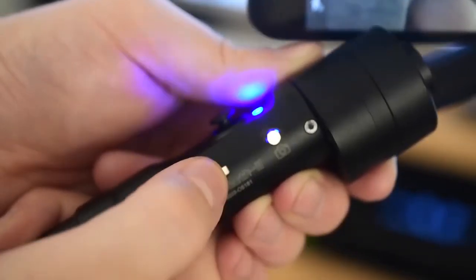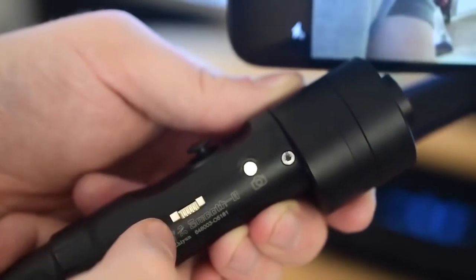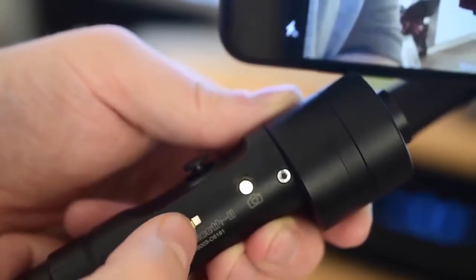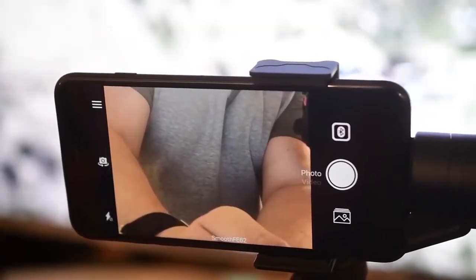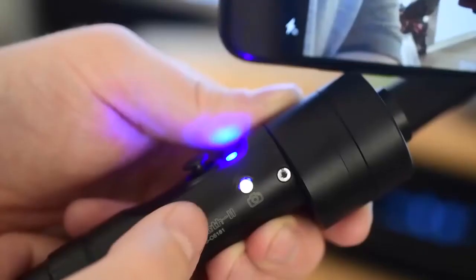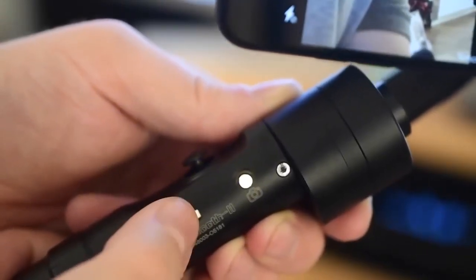So pulling it back changes modes, and then just moving it up and down gradually and not holding will allow you to zoom in. So use digital zoom on both the photos or the video. So really nice options here. You don't ever have to touch the screen of your phone, which makes it a lot easier to get steady